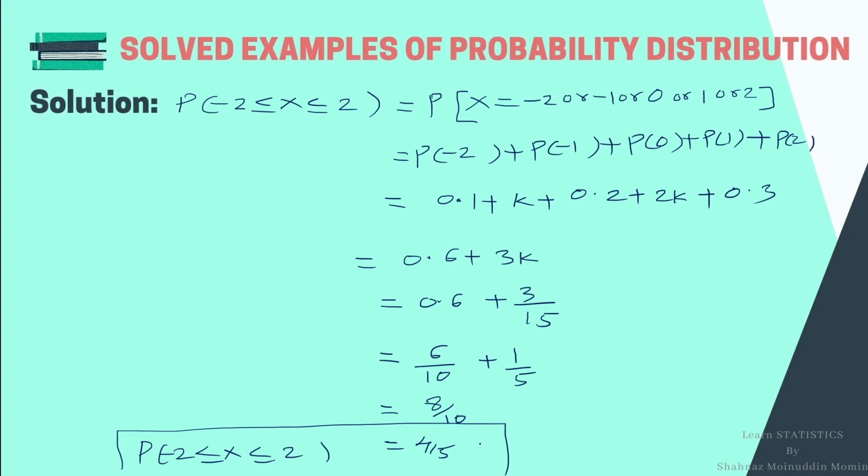In this way, in this lecture, we have learned 2 points. The point number 1, examples of checking whether the given function is a PMF or not. And second point is the examples of finding the value of k if we are given a probability distribution and obtaining the subsequent probabilities from the probability distribution.